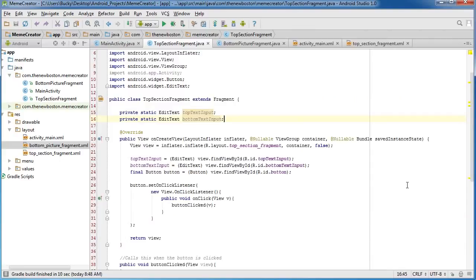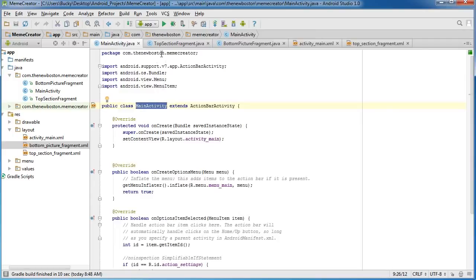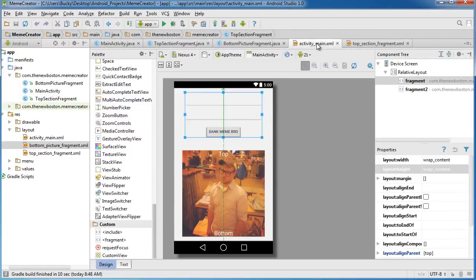Alright guys, welcome back to another video, and in this tutorial what I'm going to be doing is I'm essentially going to be gluing together this top fragment with this main activity. So I'm going to be showing you guys how to communicate